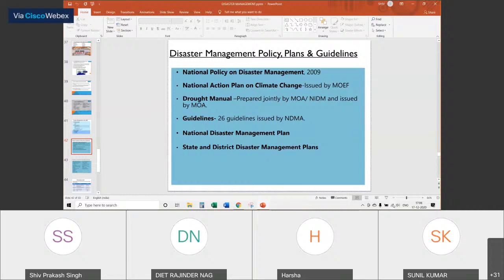इसके अलावा एनडीएमए एक्ट 2005 के बाद 2016 में एनडीएमपी लाया गया, नेशनल डिजास्टर मैनेजमेंट प्लान लाया गया। वह सेंडाई फ्रेमवर्क पे था। इसका अगला स्टेप था कि हमें आपदा आने से पहले पूरे भारत की मैपिंग करनी है, प्लानिंग करनी है, कौन से इलाके में कौन सी आपदा आती है, उसके लिए हमें कैसा रिस्पांस करना है, उस रिस्पांस को कैसे लोगों तक पहुंचाना है।